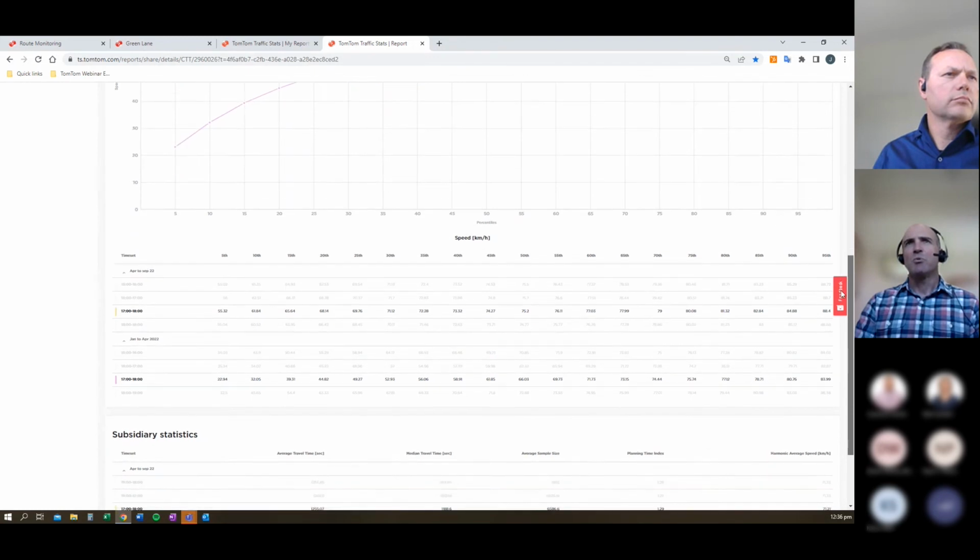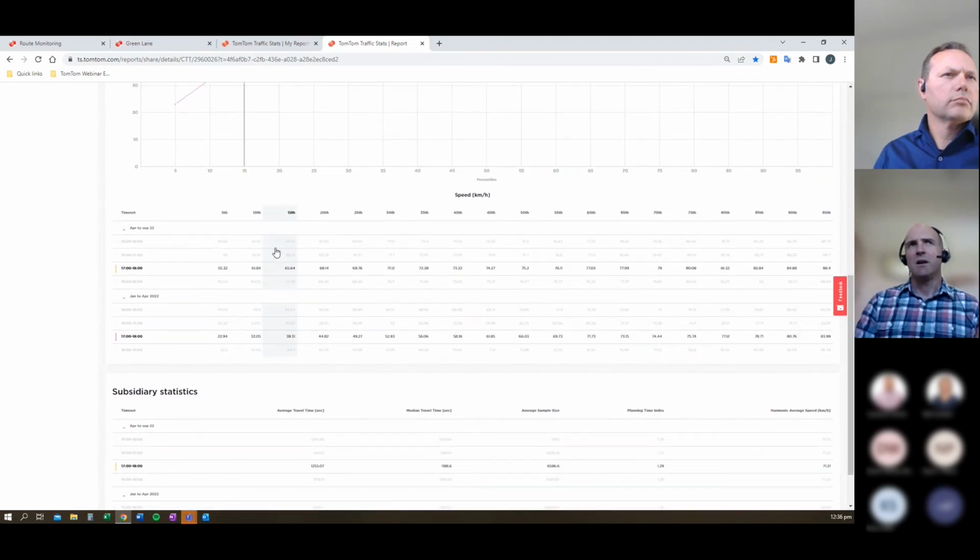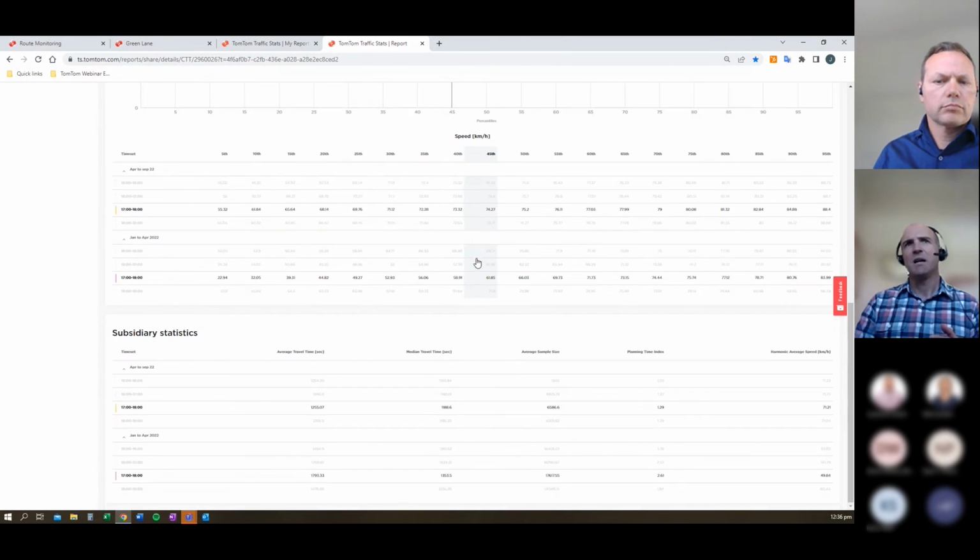We also get some more reporting, with individual numbers around the percentiles themselves, and then some summary statistics for the route. So the average travel time, again by our time and date periods, median travel time, average sample size, and the